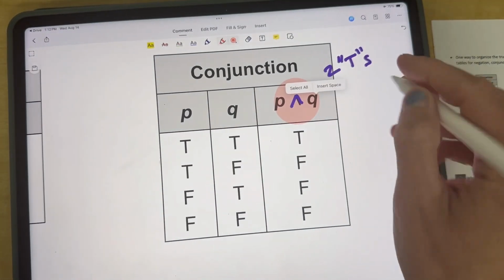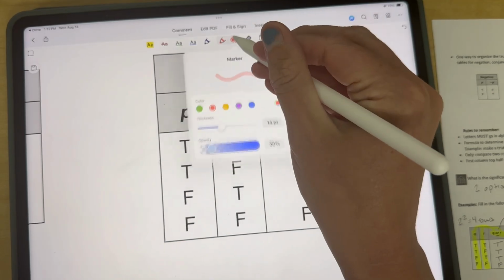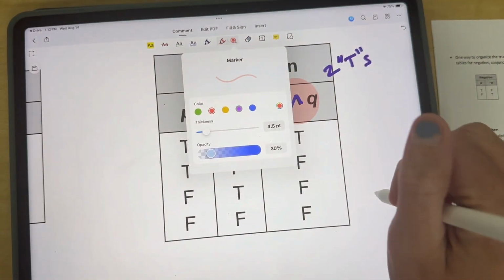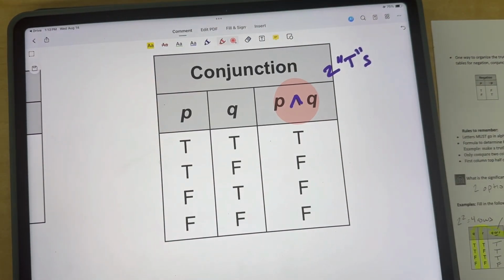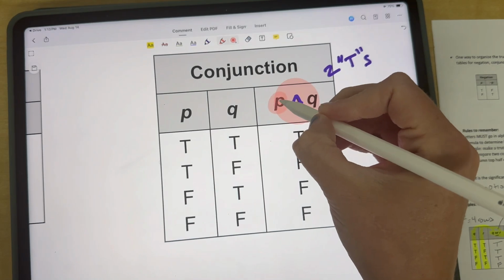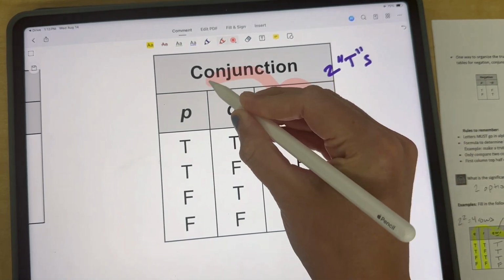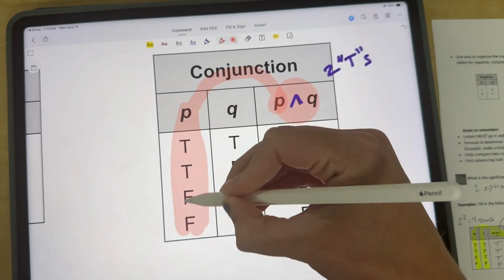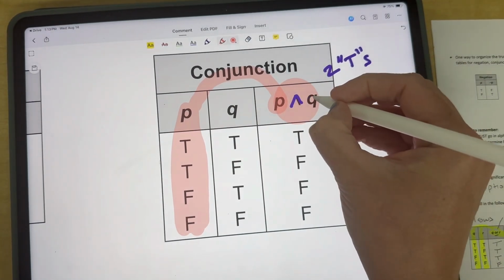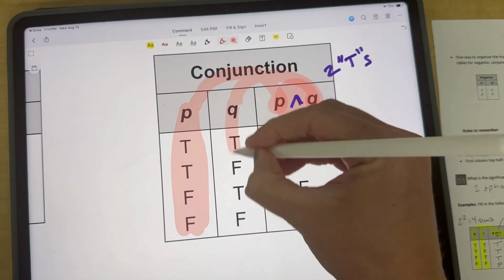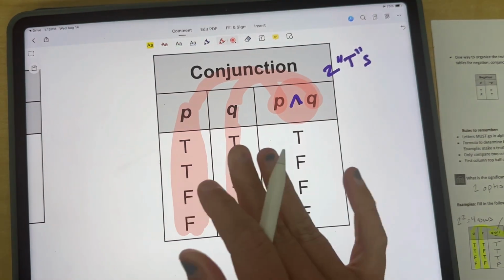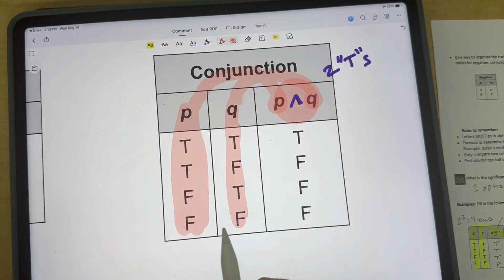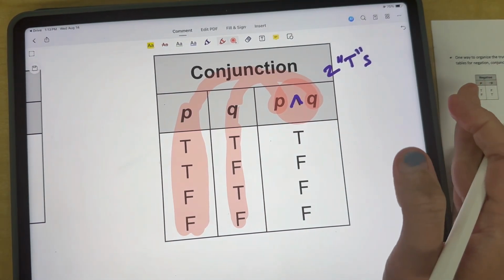So this is where I think it gets a little bit crazy. What I do, when I start organizing, whatever is here, I find that table and I highlight it, okay? So this is where the highlighters come into play. I need P and I need Q. So I'm going to highlight those two because those are the two tables I'm going to be using. Again, this gets wild in a little bit, okay?